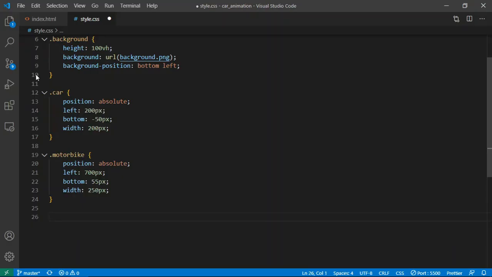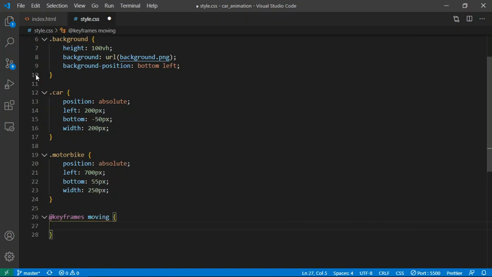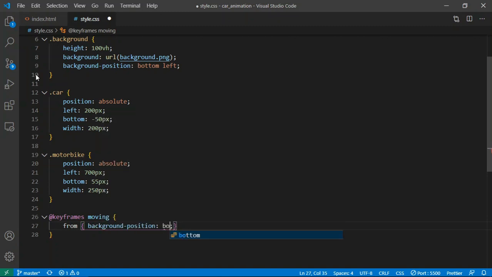Now make our animation work. First create a keyframes and give it a name of moving. Our initial background position is bottom left, and our final position is bottom right.